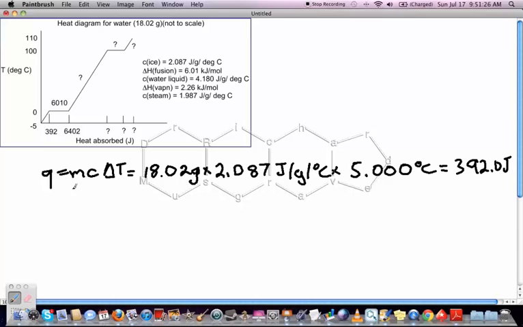Alright, so that's going to be the amount of energy that needs to be put in to take the ice from -5 to 0 degrees. And notice that this is a positive value because we're looking at a change in temperature here. Alright, so next we want to look at this business here. We want to see what energy needs to be put in to take the water from a solid form to a liquid form. Now in order to do that, we're going to take Q equals the delta H of fusion